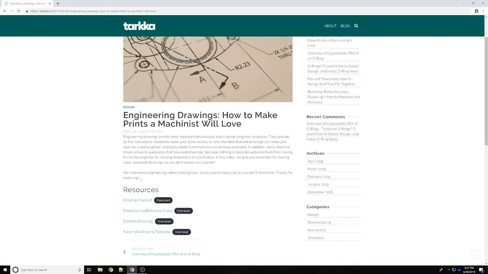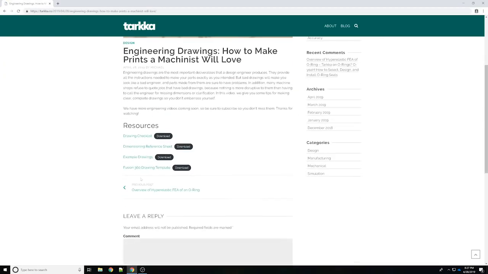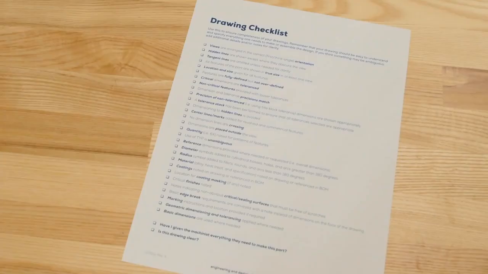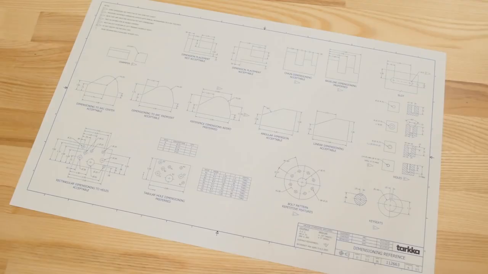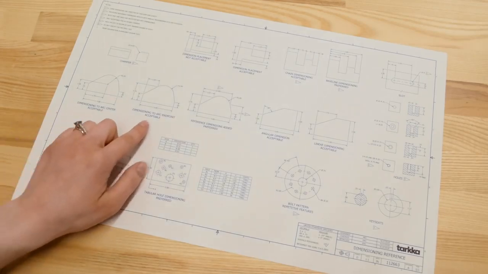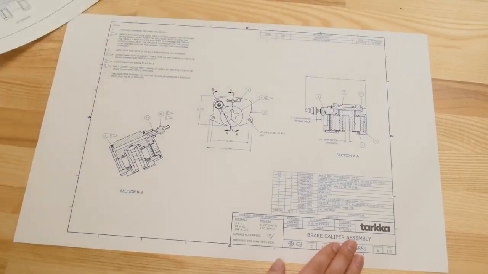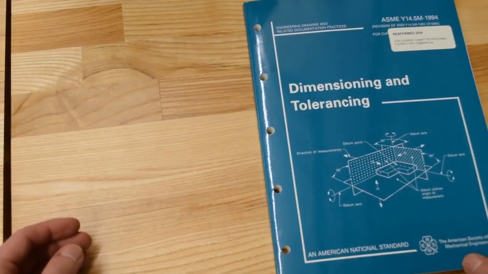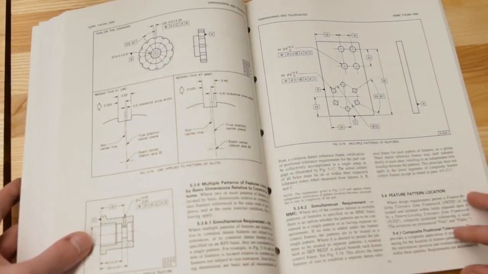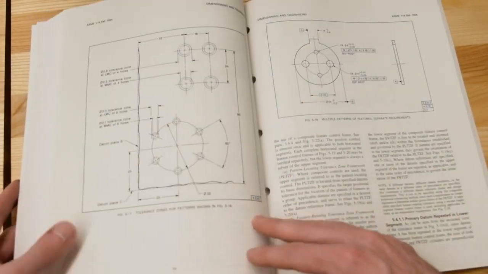We tried to make this video as painless as possible, so we provided lots of extra resources on our website that cover the more tedious details. Our checklist will help ensure your drawings are complete, and this reference sheet shows some different ways to dimension common features. We've also provided a fully dimensioned drawing package with both detail and assembly prints to serve as an example. And if you really need to dive into the details, we've provided references to the relevant ASME drafting standards throughout